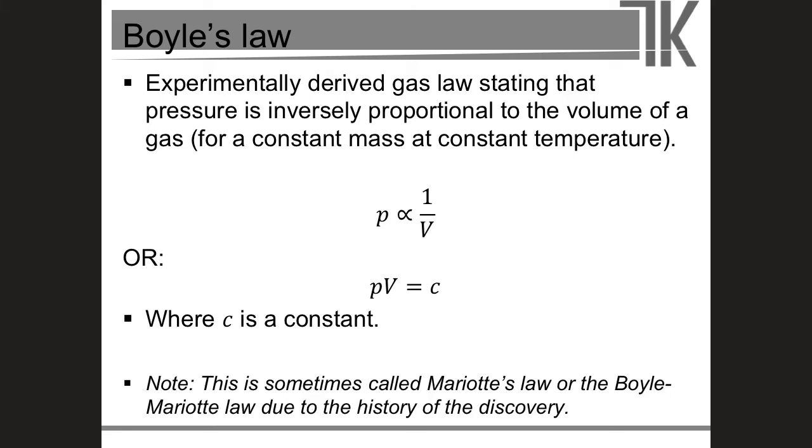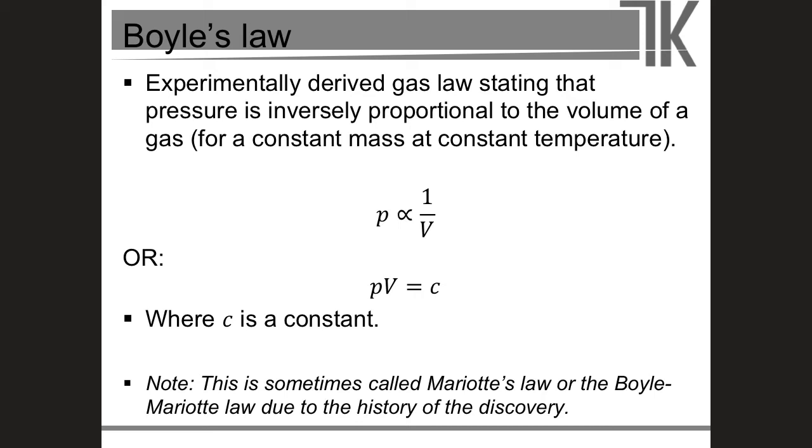This law was published in 1662 by Robert Boyle, but this relationship was first noted by Richard Towneley and Henry Power. Boyle just confirmed their discovery through experiments. He had an assistant to do the experiments with, and the experimental apparatus was built by his assistant, Robert Hooke. Yes, that is Hooke's law Hooke. But independently of Boyle and Hooke, Edme Mariotte, a French physicist and priest, also discovered the pressure-volume relationship of a gas in